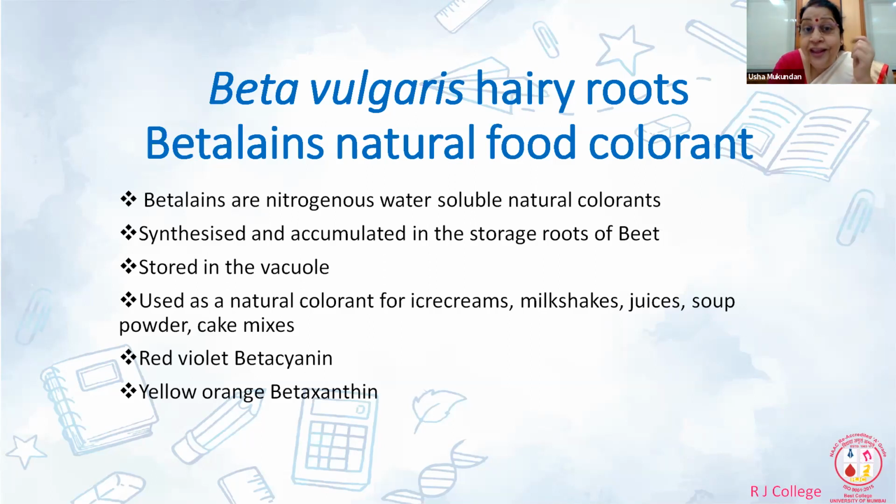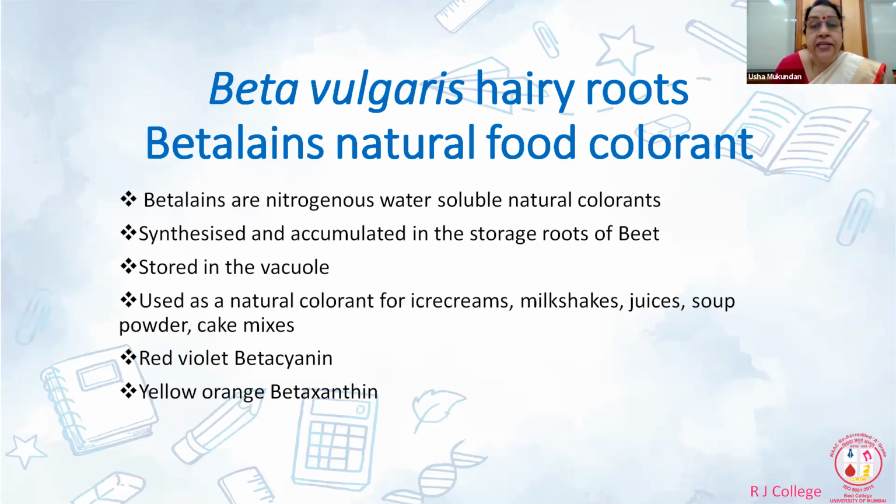Then why hairy root? In hairy root, you can have clonal selection. So you can have hairy roots which produce only betaxanthin, or hairy roots producing only betacyanin. So a large number of experiments, almost 2 PhD students, and my own work as a postdoc, including scaling up, were done with Beta vulgaris for several reasons. Besides its economic importance as a natural colorant, there were many basic questions which were answered.